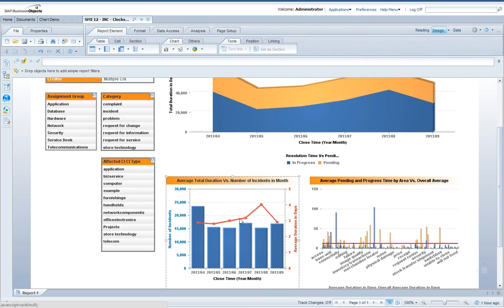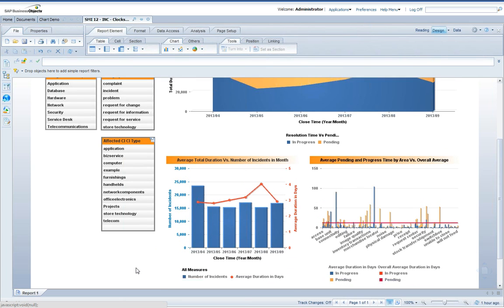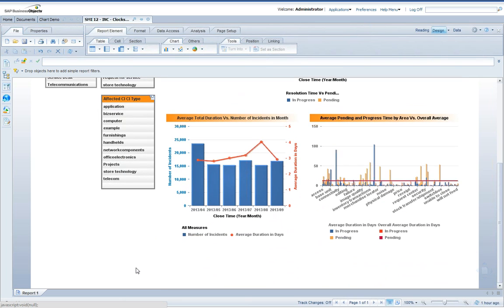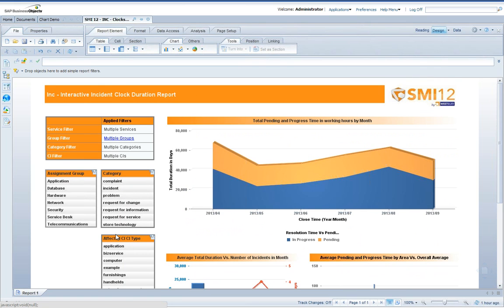So, in the case of a bar chart, I could click on the bar and then see all of the incidents or whatever data it is that's behind that bar. Again, through the same hyperlinking functionality. But now, instead of just being able to apply to tables, we can also apply it to charts as well. That's element linking. The last feature that I want to draw your attention to is something that